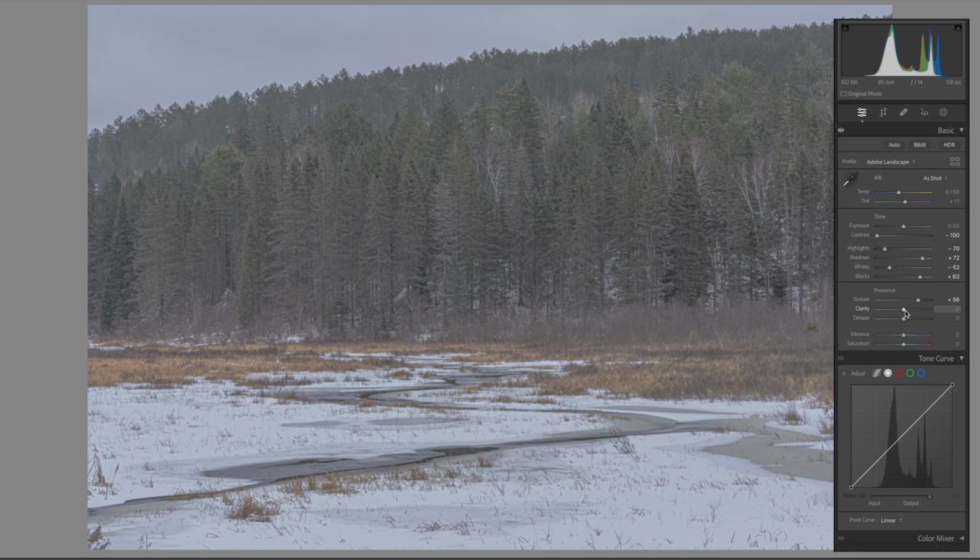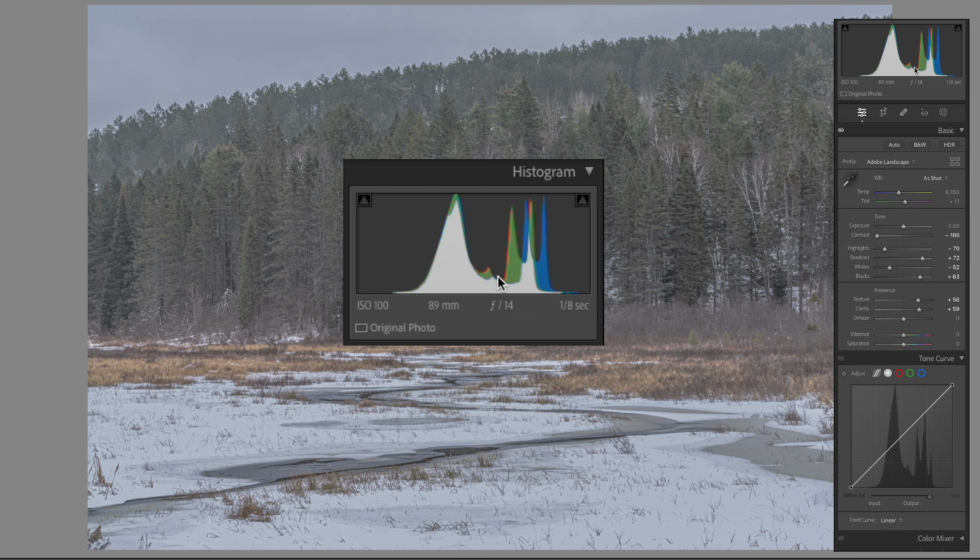The second thing is that I'll be upping the clarity slider. What this does is it raises the midtones in your image. And what both of these together will end up with is that your histogram will look a little bit more like it did in the summer. It's not exactly the same, but you get a lot of detail and it's ready to be processed by adding